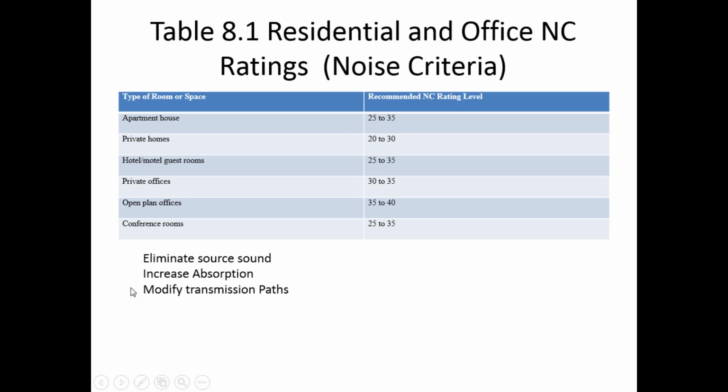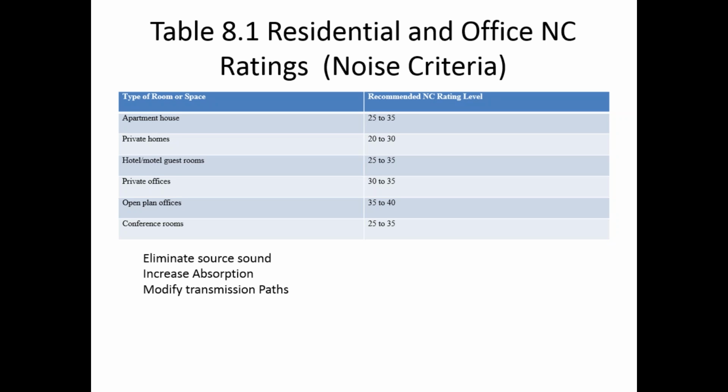Ways that we can help with these noise issues: we can start by trying to eliminate the source itself. For instance, we're going to talk about structure-borne sound, and it shows a picture in your book of somebody bouncing a ball above the apartment of another person. That's an easy example. We want to target the source. So if we could just get the person to stop bouncing the ball, that would be our jumping off point. If we cannot, so it's a fixed thing like a mechanical system where we can't eliminate the source because it's already set in place, we're not buying a new one, it's not going to change,